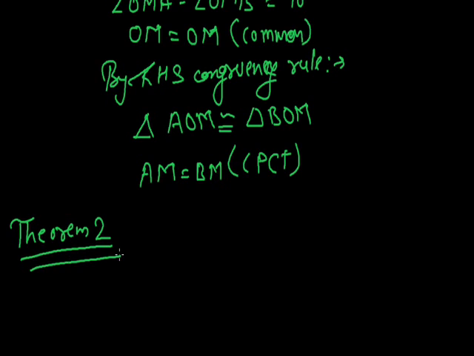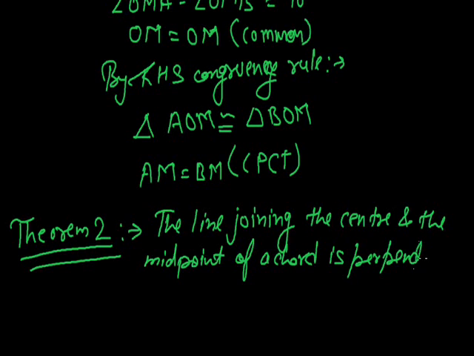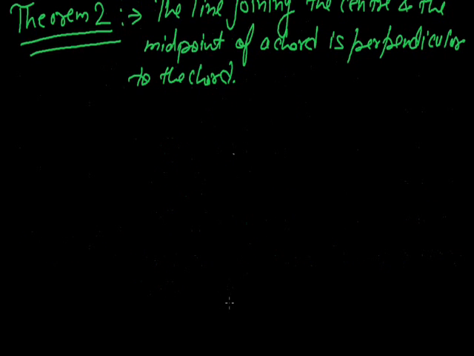The statement of the next theorem is given as: the line joining the center and the midpoint of a chord bisects the chord, is perpendicular to the chord. We can similarly prove that. Okay, now the next theorem is